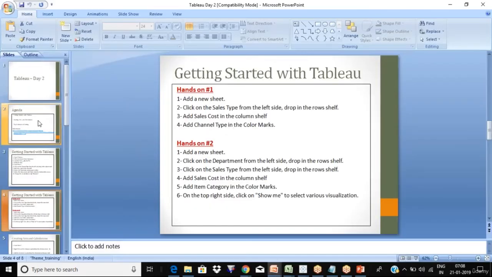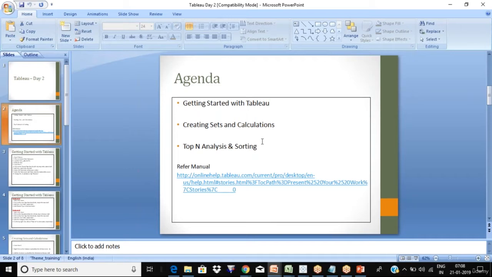Now, today we will be learning about something called sets in Tableau, and then how to create a calculated field. In SAS, in a data step, you write, let's say, salary equals 5,000.